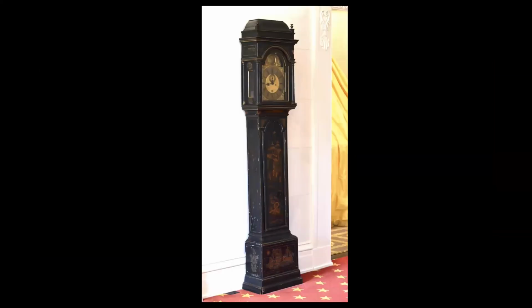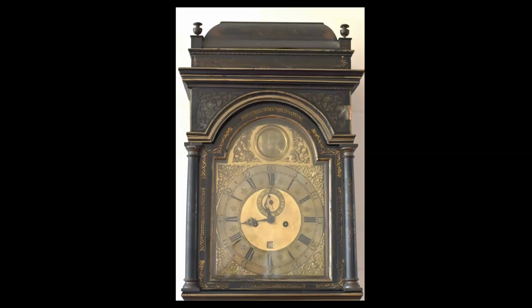Once Mr. Jenrette underwent his conversion to Americana in the early 1970s, he began to focus almost exclusively on collecting American decorative arts. However, some of the objects at Millford speak to his earlier collecting focus of British Georgian antiques. For example, this circa 1700 tall case clock by London clockmaker Benjamin Marshall, who was active in London from 1680